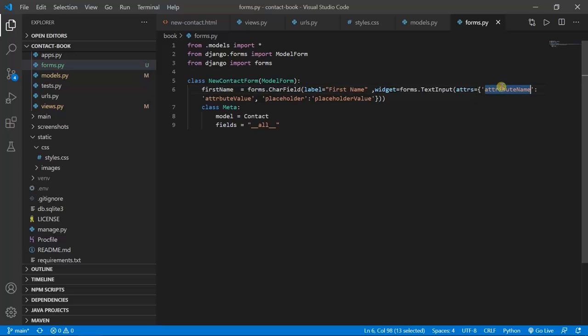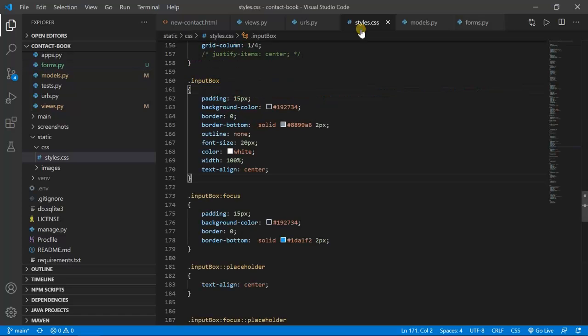Using this, we can send our CSS classes. So I can say I want the class attribute, and the attribute value I want to be the class name from our CSS. So this is the input box class, and I can just send my class name through this